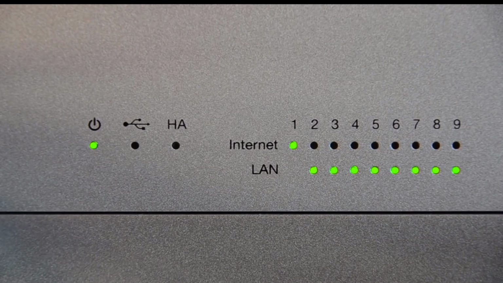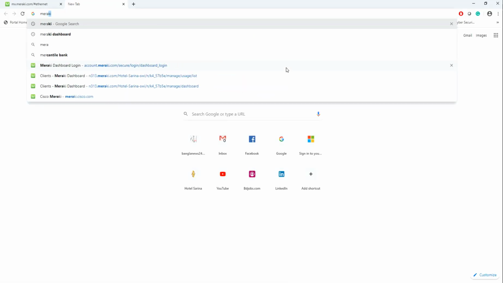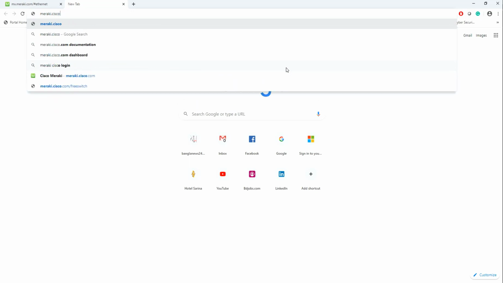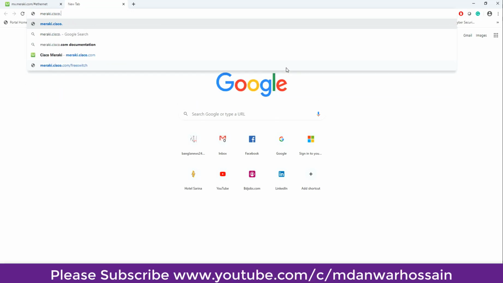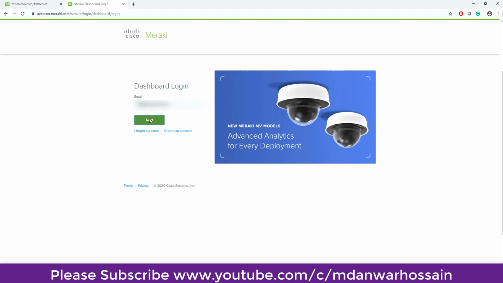So let's go to the Meraki dashboard to verify our local configuration. Open the browser and go to meraki.cisco.com. At the right, click login, and here provide your login details, your email address, and input the password.